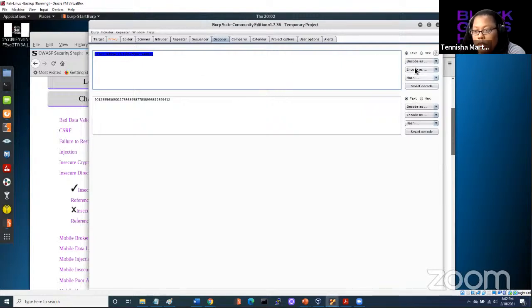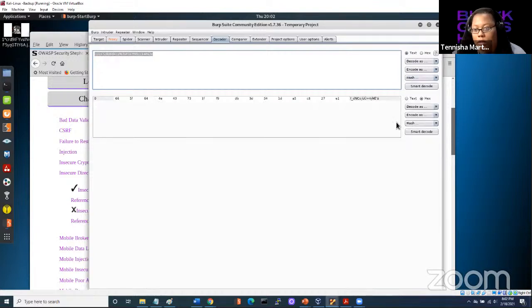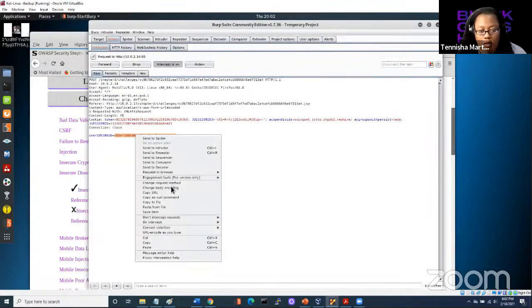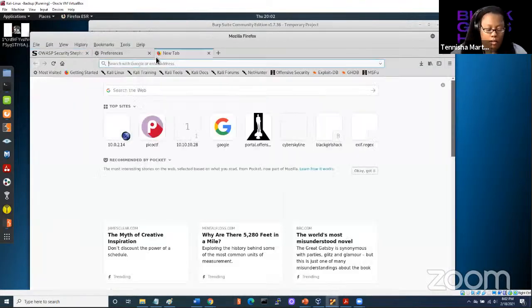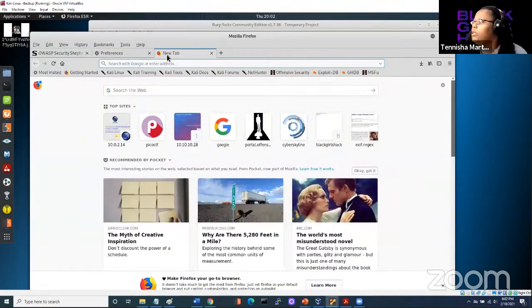No. Decode as hex. It's actually, it ends up being the number 2. Or maybe it was a hash. I'm going to copy this so that you can see what I'm talking about. And let's see, it was